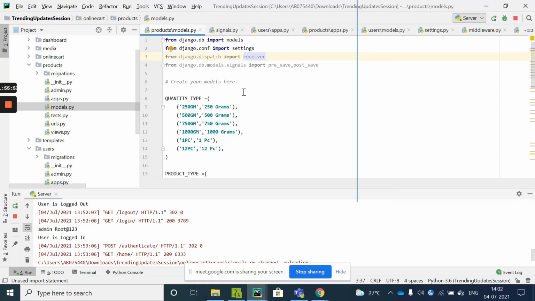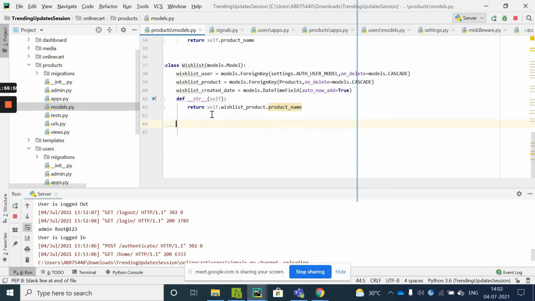Once this is done, I'll come over here and try adding the signal. So receiver, and first of all this receiver will have one sender, which is this wishlist itself.